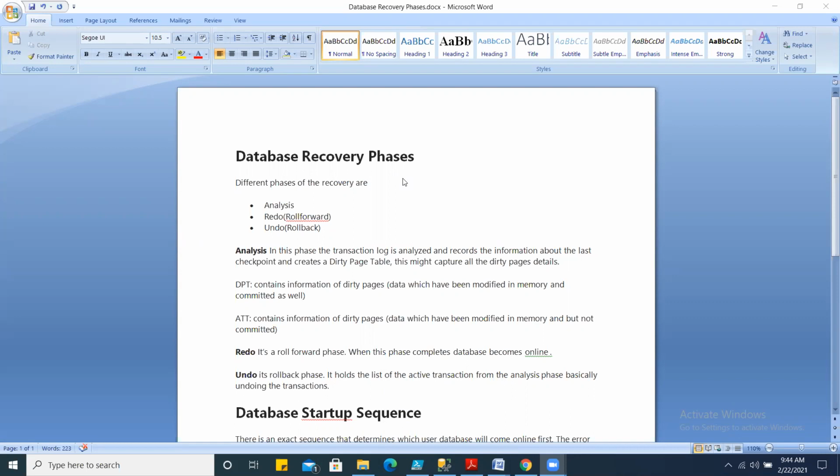You can say write ahead logging is a protocol, a technology implemented in SQL Server, which enforces SQL Server to write any transaction in the transaction log file first before it starts executing. That is what write ahead logging says.